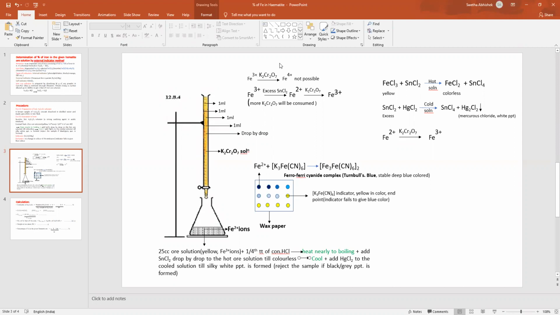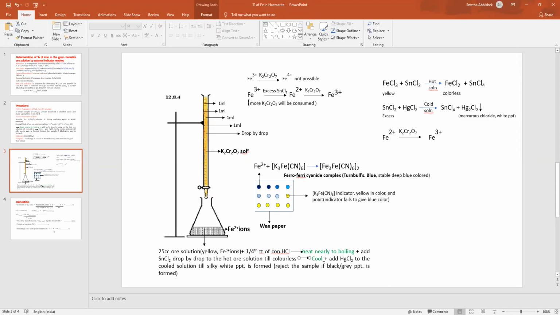But when ferric ions are reduced to ferrous ions, they can easily react with K2Cr2O7, as ferrous can be oxidized further to ferric. So this is the reason why ferric ions are reduced to ferrous ions by adding the reducing agent stannous chloride in hot condition. But you should be careful while adding stannous chloride because you are not supposed to add excess of it, as the excess of stannous chloride may interfere in the reaction. After getting a colorless solution, it indicates all ferric ions are reduced to ferrous.